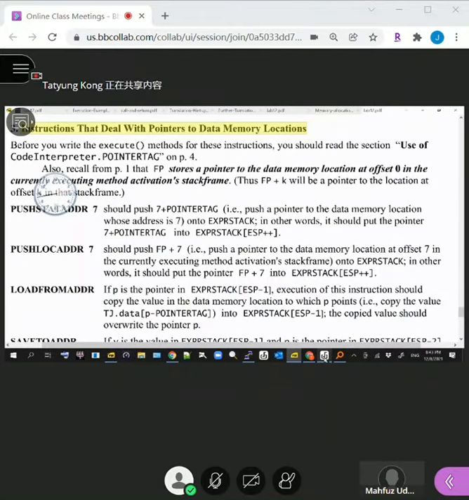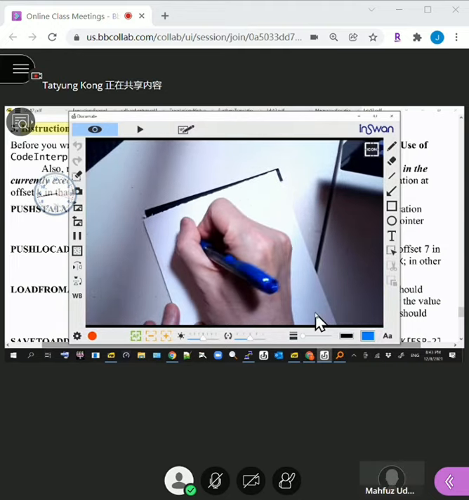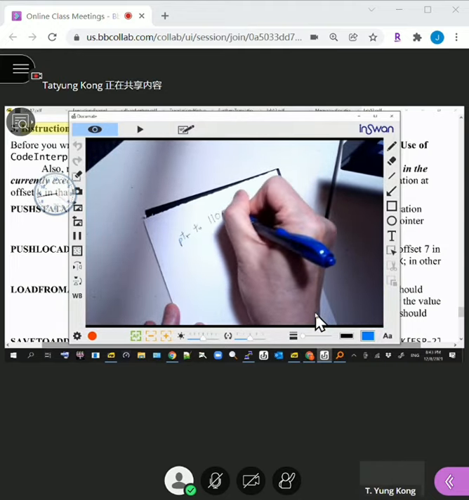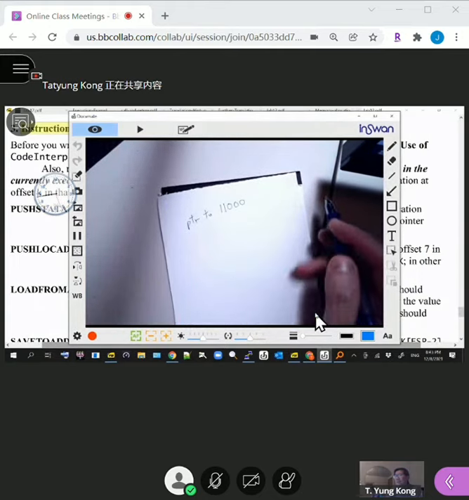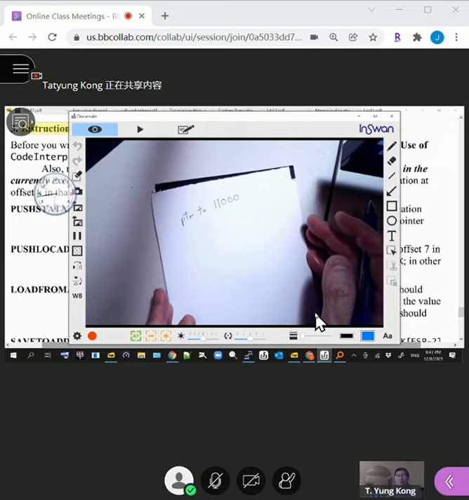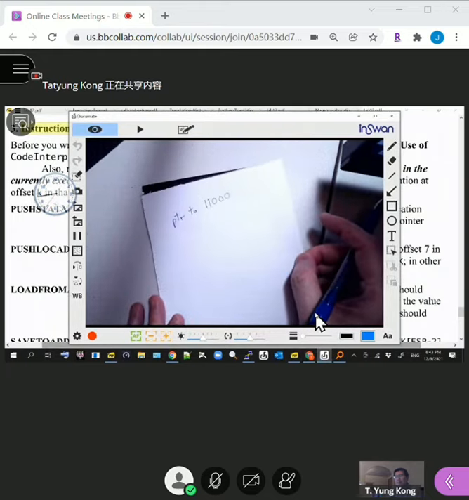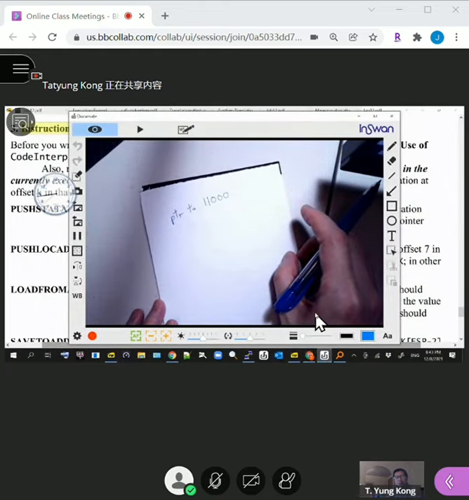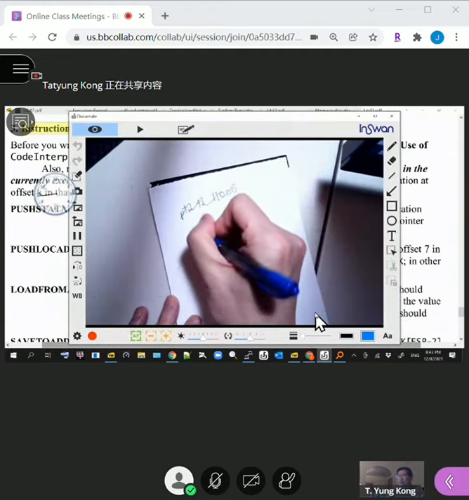So if you have a pointer to, let's say, 11,000, one way would be to represent this using the number 11,000. And you could, in fact, do that, but that would make the job of the garbage collector harder. The purpose of the garbage collector is to free blocks of heap memory that are no longer accessible to the program. So the simple example of how you can have heap memory that's no longer accessible to the program, suppose